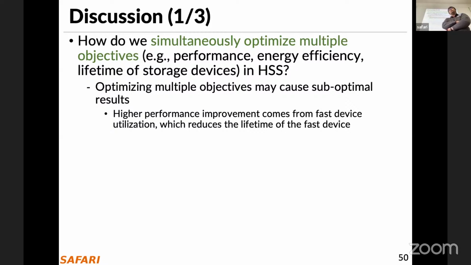So it's like another constraint. So multi-objective optimization is a hard problem. I don't have a clear solution at this point,